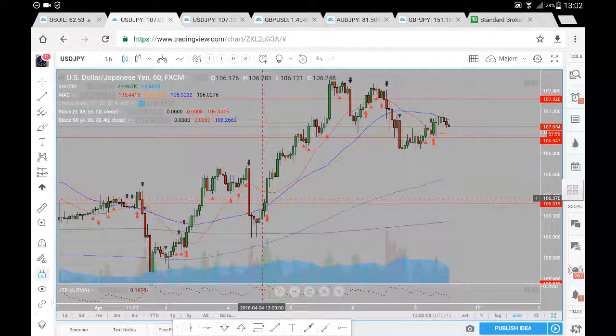So this US dollar Japanese yen analysis for Monday the 9th of April. Now, let's just have a look at what I'm pricing and where prices may likely go. Previously we had prices come down towards this 106 level, from which we did see strong bullish buy side momentum taking us above the